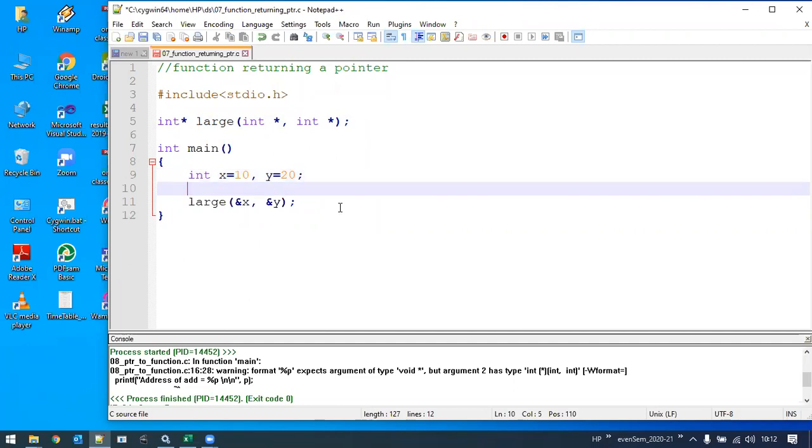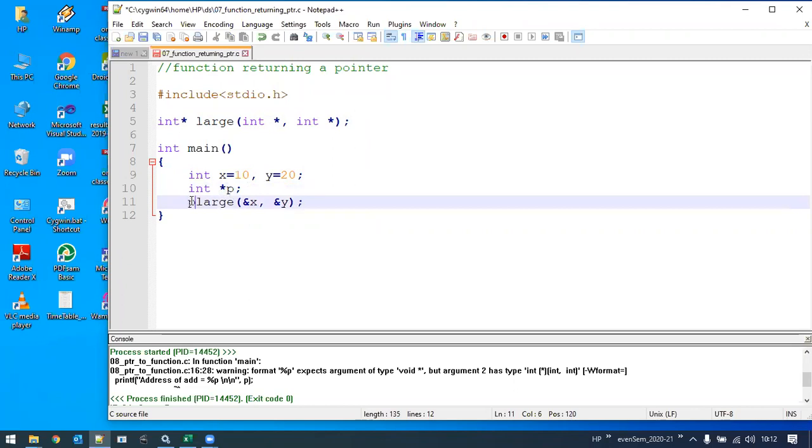That means I will declare a pointer here, let's say asterisk p, a pointer of the integer data type. This pointer p will store whatever this large function is going to return.